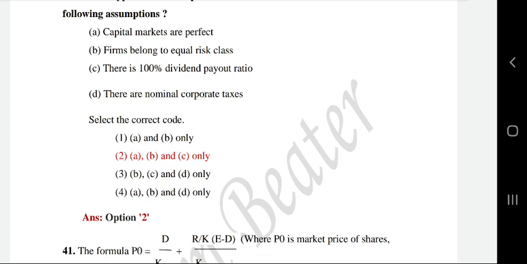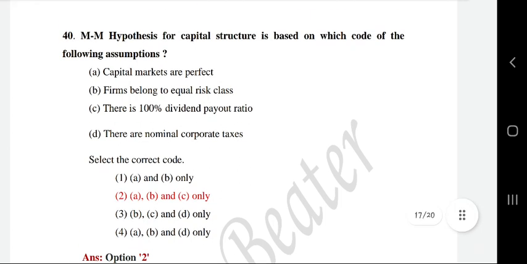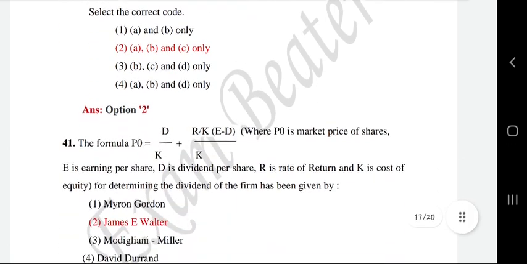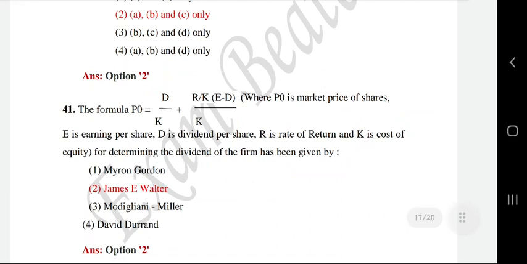And there is a 100% dividend payout ratio. The hypothesis is based on capital markets being perfect, firms belonging to an equal risk class, and a 100% dividend payout ratio. Then the formula